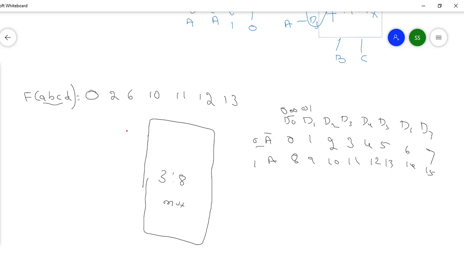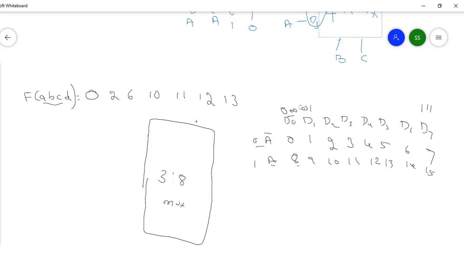BCD is the select line. Okay, so it is 0 0 1. So it becomes A8. Why? Because 1 triple zeros, right? So this one becomes 1 1 1. D7 means 0 1 1 is 7. Okay, you can go with this method, it is easy too.